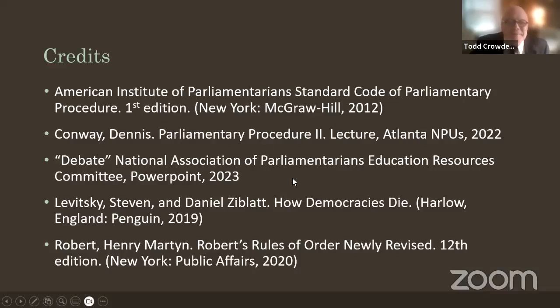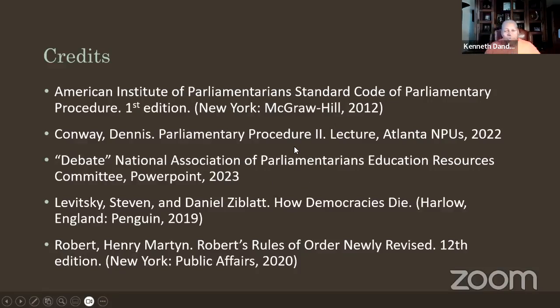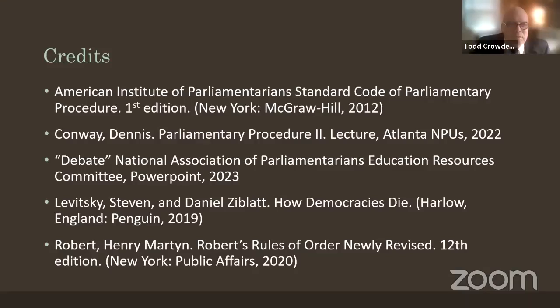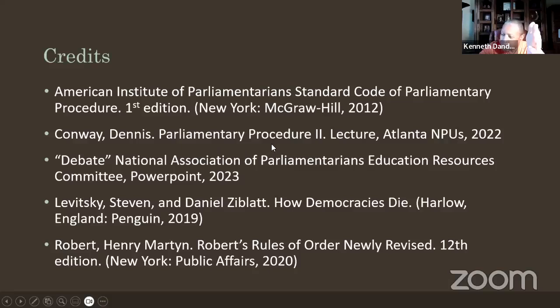Mr. Dandy, yes, sir. Okay, another one here. When someone seconds the motion, and then someone else, before the chair states it, says they want to offer a friendly amendment to the motion, and then the maker of the motion agrees to it, does the seconder also have to agree to that? And if the seconder doesn't agree to the friendly amendment, what happens?